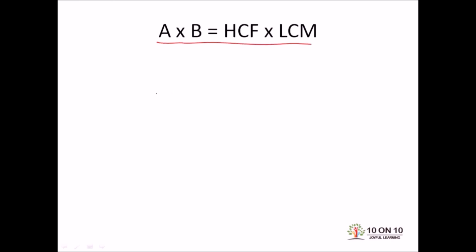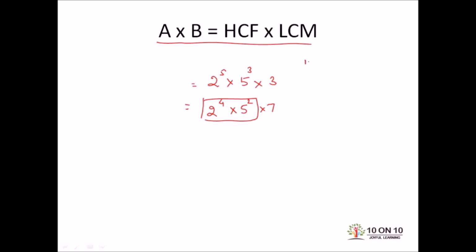I also want to tell you one more thing. Suppose the prime factorization of a number comes as 2 to the power 5 into 5 to the power 3 into 3 and the other number has the prime factorization 2 to the power 4 into 5 square. So if we have to take the HCF, just take the smallest power of the number. For example, if there is 7 also,